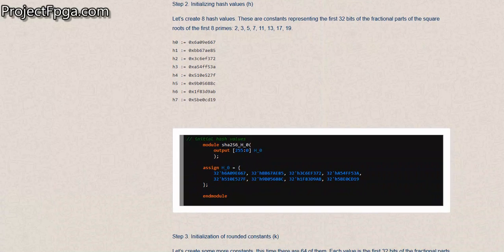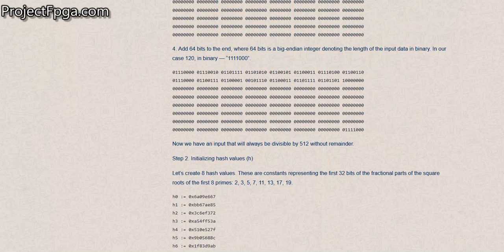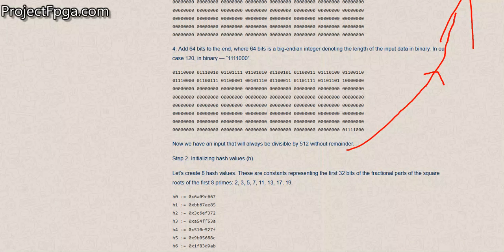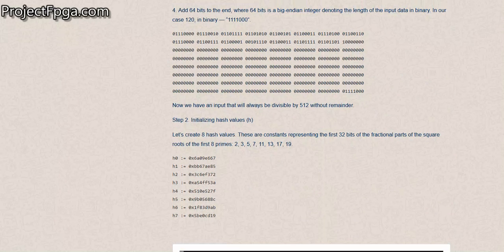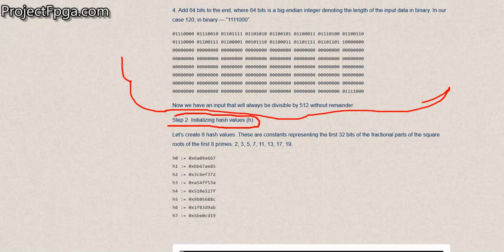Now this is where my Verilog code actually starts. From here upwards, up till step number 1, I didn't include in the Verilog code. So from step 2 here, everything upwards is like the major step 1. I describe it as the pre-processing step. So everything above here, I describe as the pre-processing step. This is where the Verilog code officially starts, step 2,